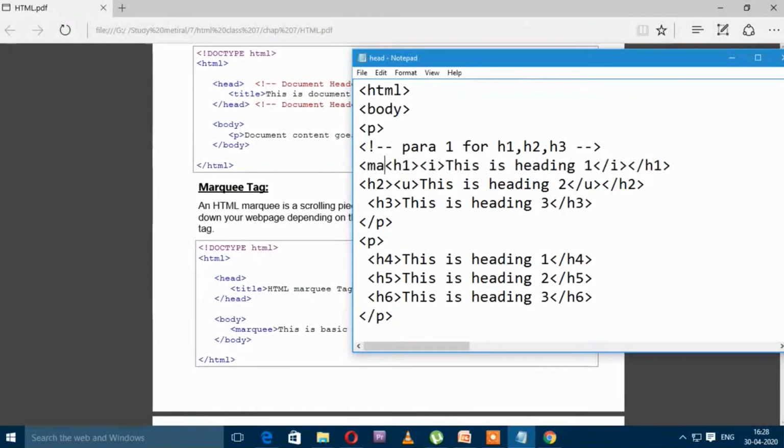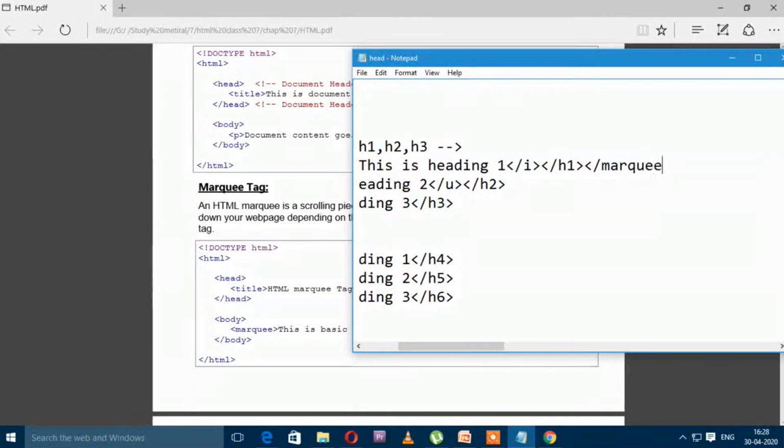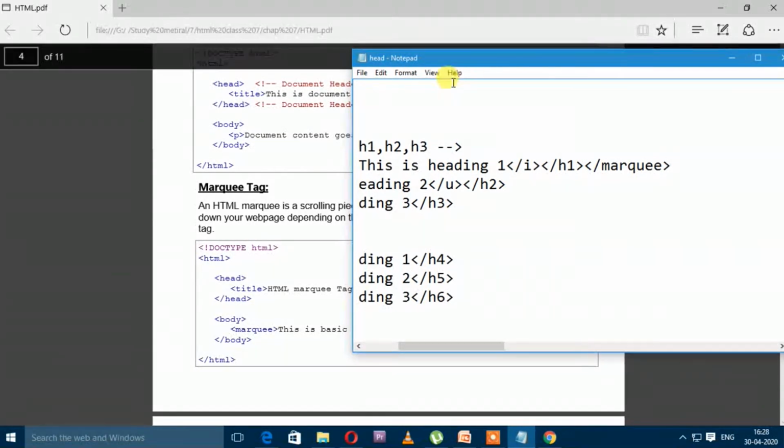Marquee tag open, M-A-R-Q-U-E-E, marquee tag open, and after closing the H1 tag, I am closing the marquee tag because it is also a container tag. Marquee open, marquee close. Now look at here, again move to the file, save, open the web browser and refresh.